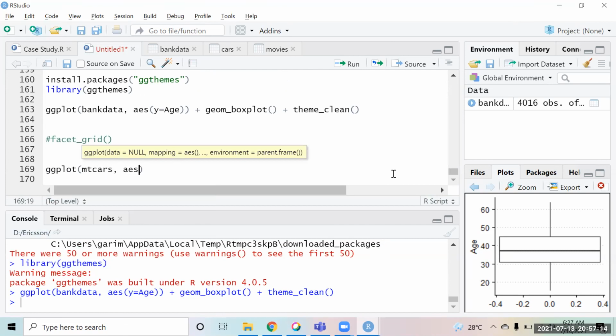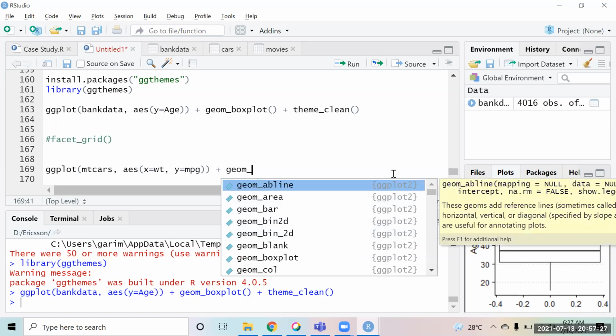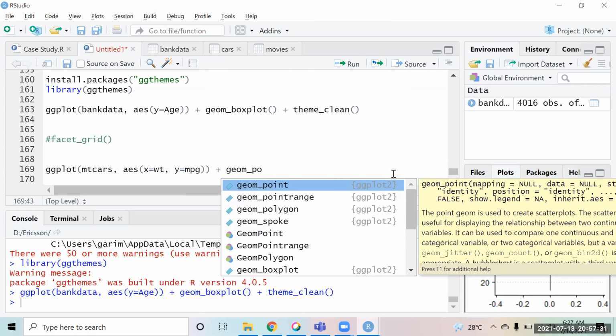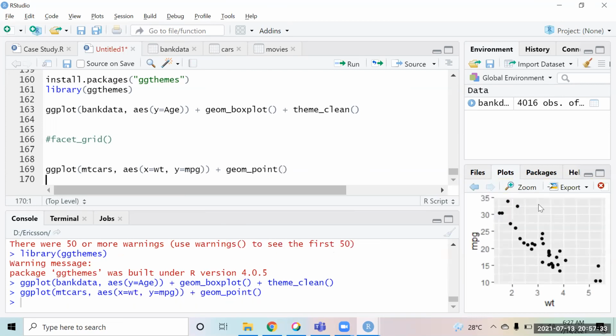If you remember, we did this chart yesterday where I said on the x-axis I want to keep the weight, on the y-axis I would like to keep the mpg, plus geom underscore point. So this is going to create a scatter plot for me.